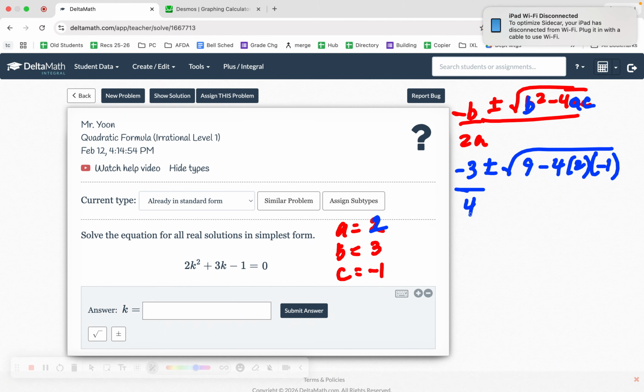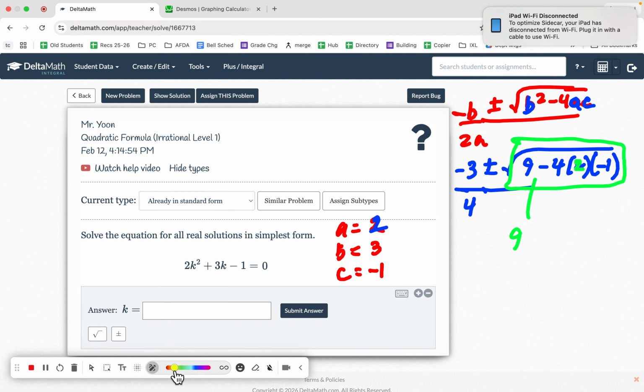Okay? The denominator goes under the whole thing, but this is the complicated part right here, right? So let's focus on this. Let's even just do the discriminant first. Okay, what is this? 9, and hey, look, I have a negative and another negative in my 4ac. Two negatives, and all this stuff is being multiplied. Two negatives make a positive. So I might as well say 9 positive, multiply 4 times 2 times 1,